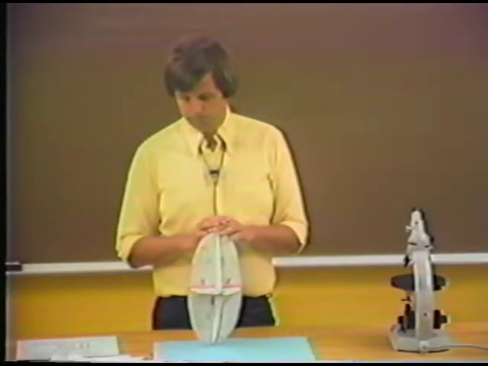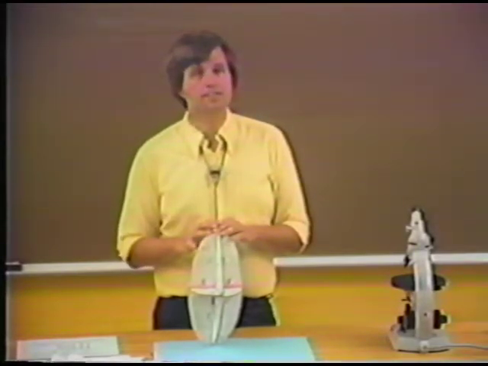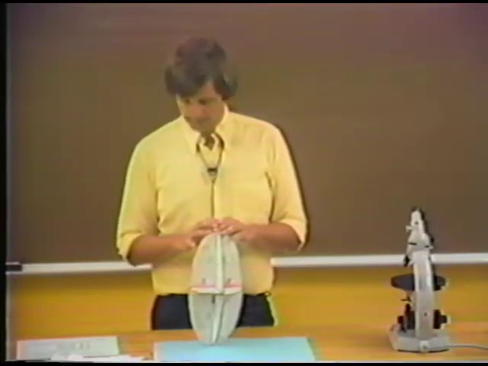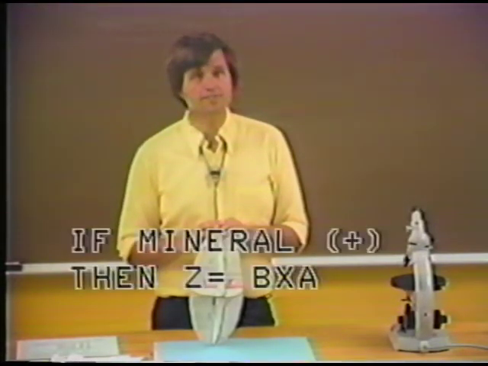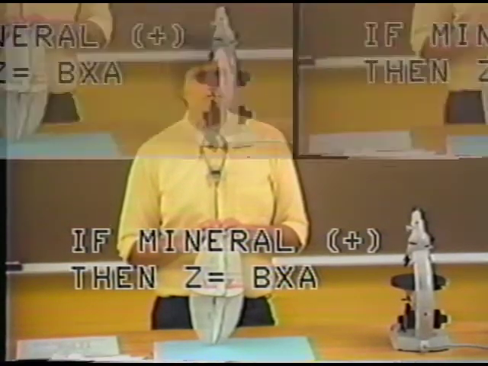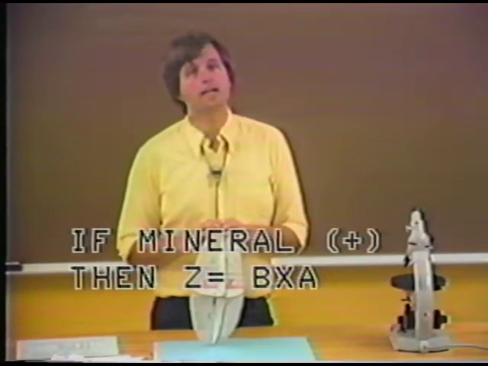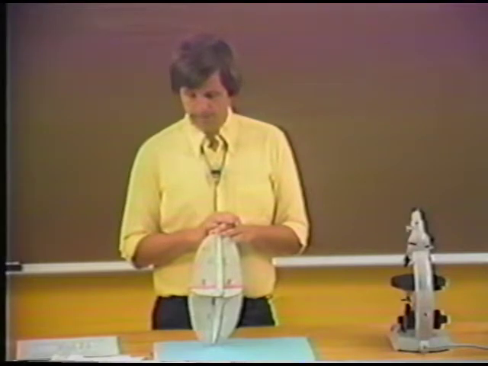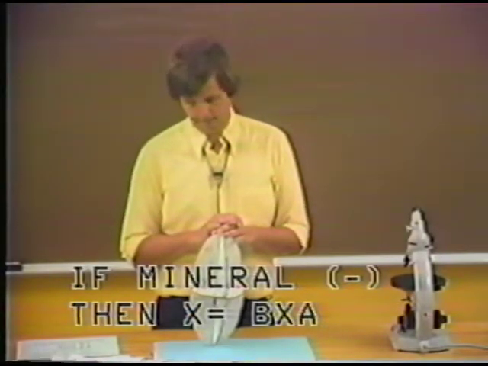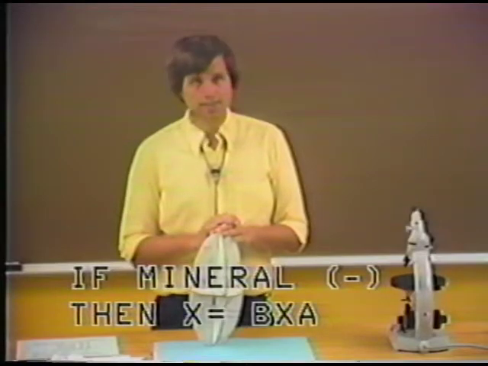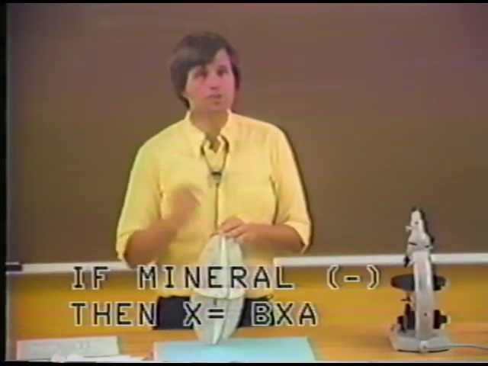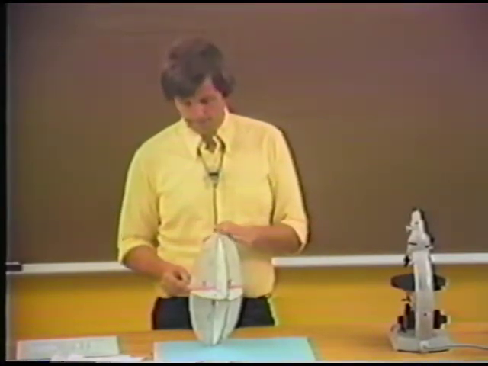Now, we have two possibilities in biaxial minerals. If the mineral is positive, then Z is equal to the BXA. The Z vibration direction is equal to the BXA. If the mineral is negative, then X equals the BXA. And these two things really should be memorized, because you get into a situation where you always need to recall the relationship between optic sign and the BXA